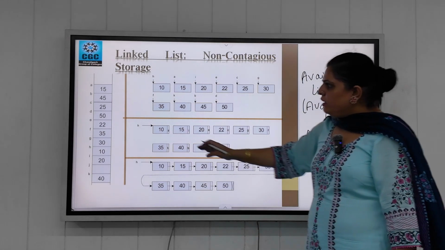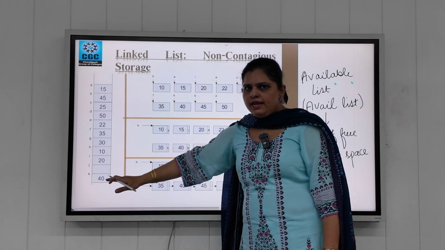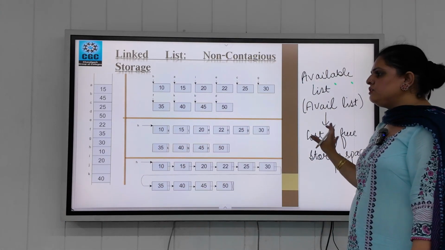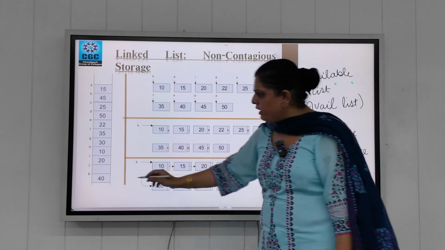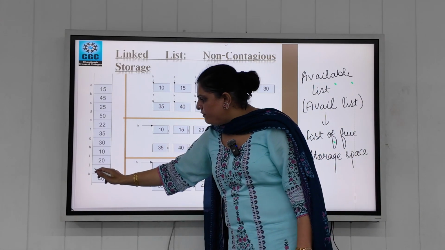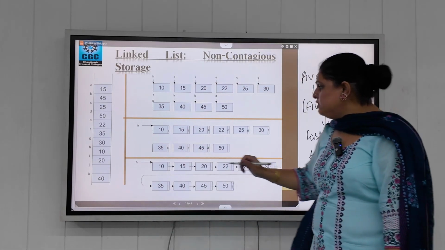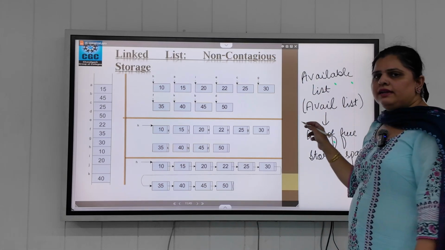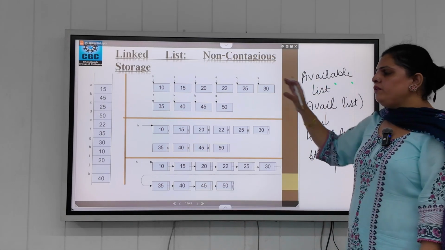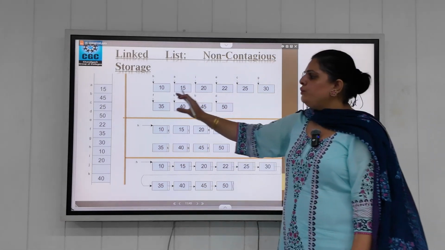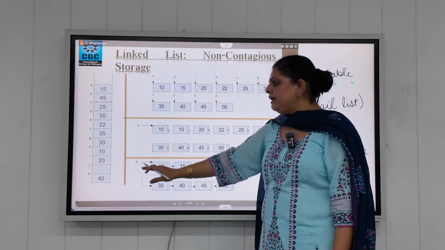So whenever we organize our data in a linked list, this available list is automatically generated. Like over here, you can see that we have a free space. This free space can be inserted in the available list. So whenever we are going to insert our data in a linked list,